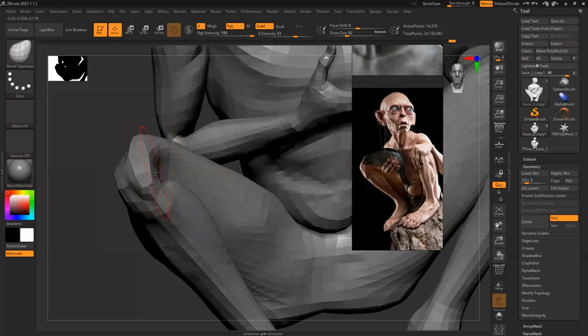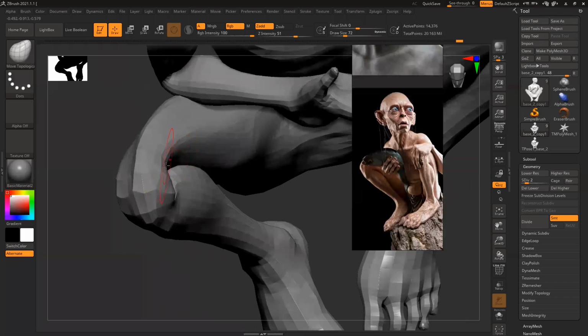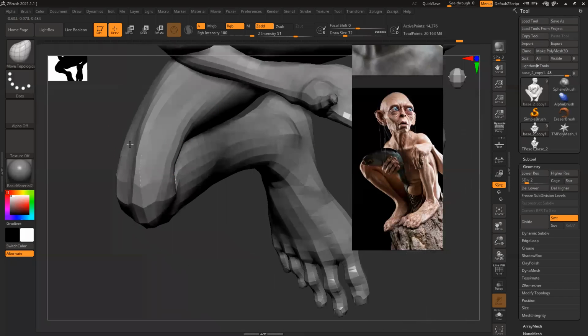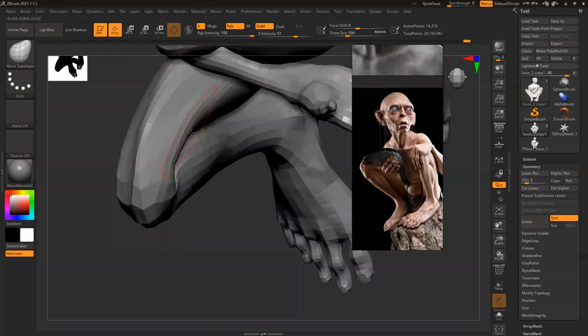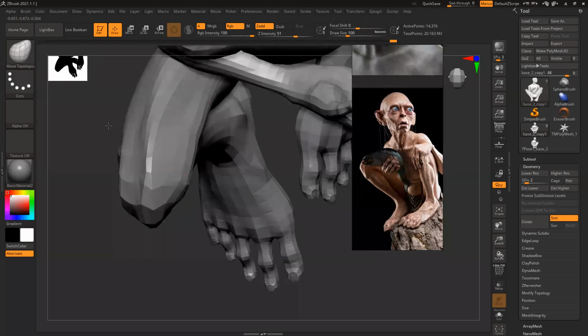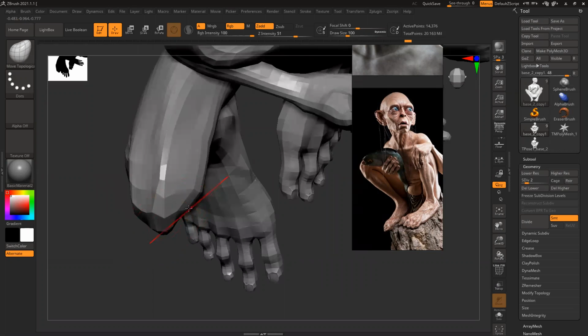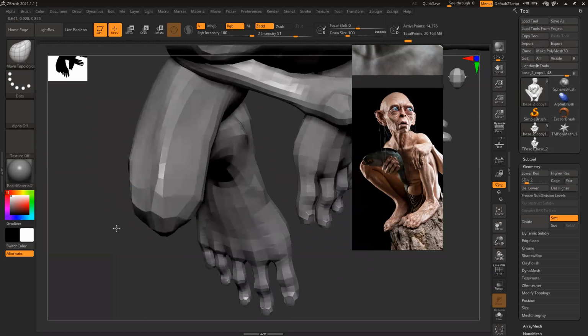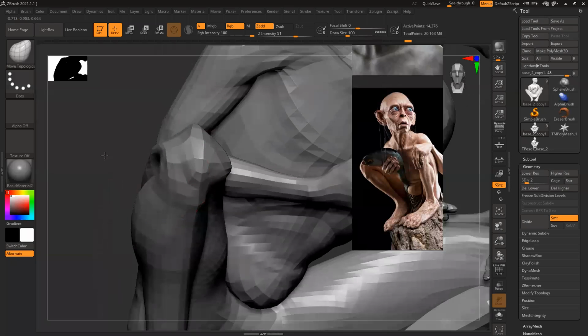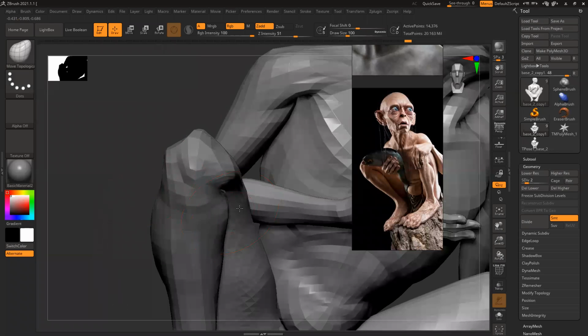Similarly, this knee, which is almost gone, add some volume. Correct the shape. Now this part as